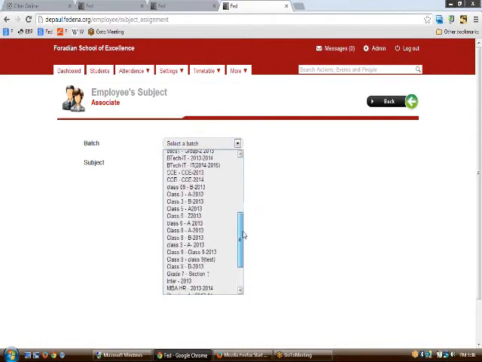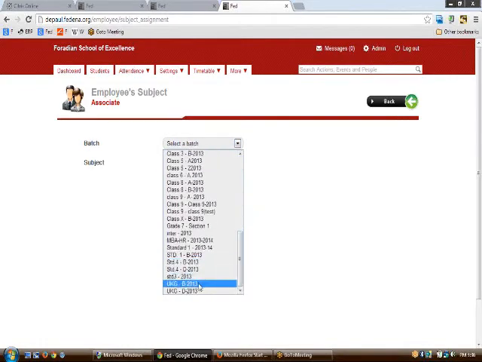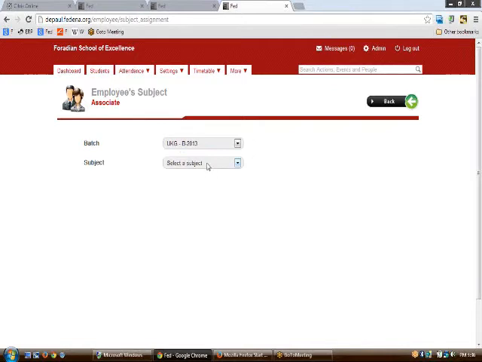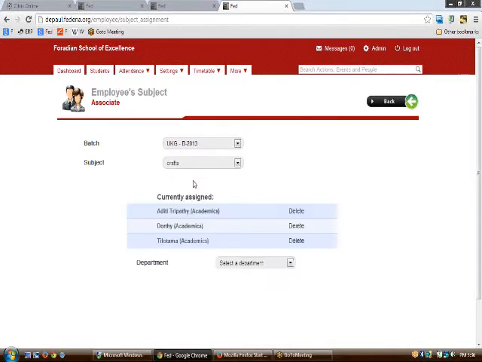So all we need to do is click on this particular batch and the subject, and assign teachers from different departments to this. As we can see, this is currently assigned to 3 teachers. So every time I get an option to set up a timetable for crafts, I will be getting these 3 persons as the available options here.